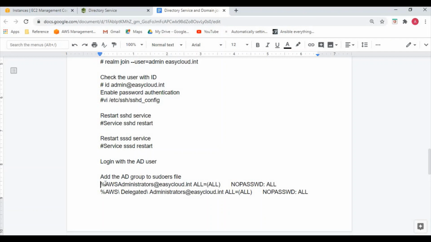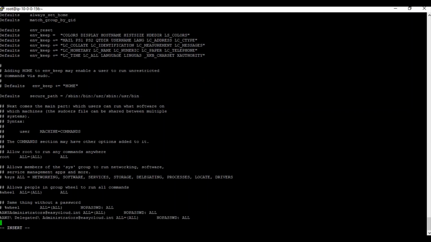The reason why we are using percentage here is because it is a group. If it is a user, you can directly give the username with the domain name. Since it is a group, that's why we are giving the percentage here. Okay, we have given the two groups here.